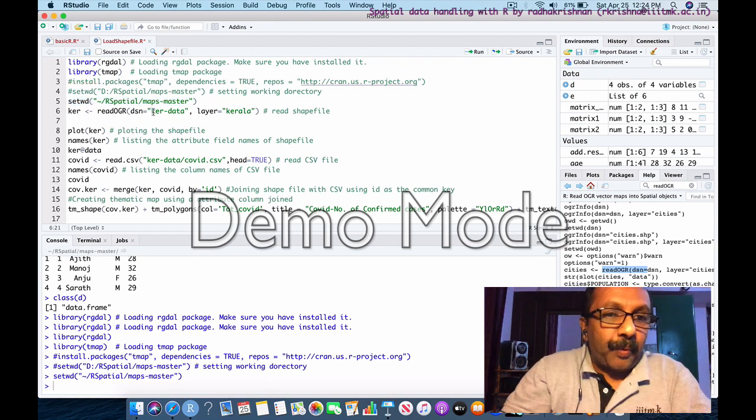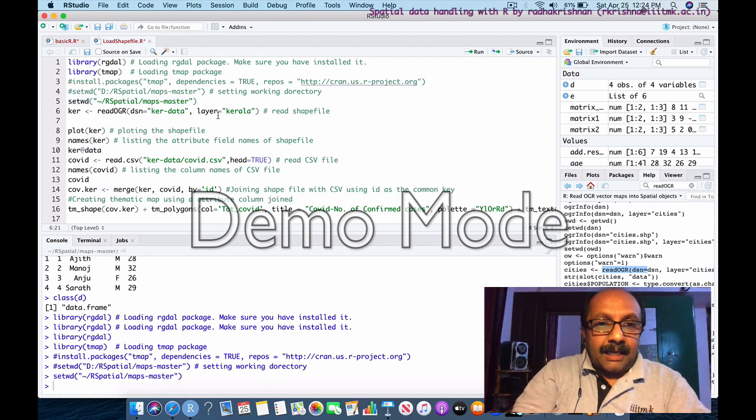I have to just tell where the shapefile is residing, and layer equals, within quotes, Kerala. Next time when you work on a different shapefile, the same command you can use. You can change the variable name if you want. Give read OGR, DSN equals within quotes your folder name, layer equals quotes, the file name of the shapefile without the extension. You don't have to give that dot shp here, just the file name.